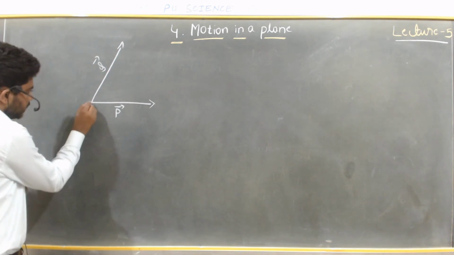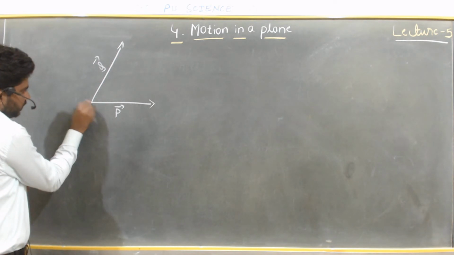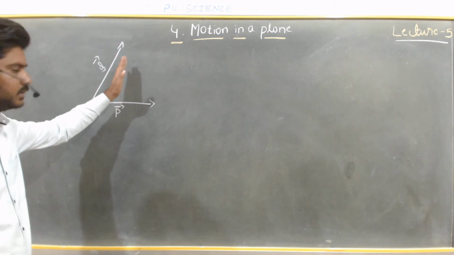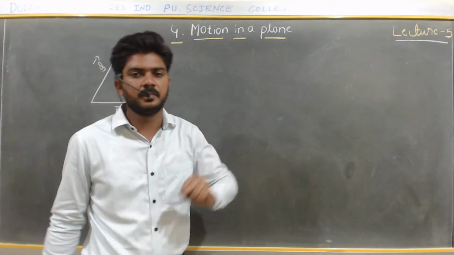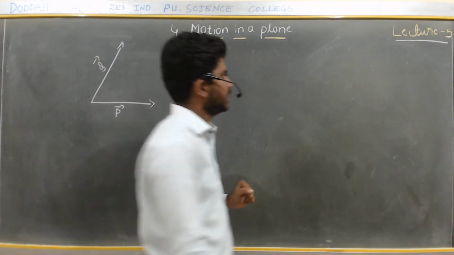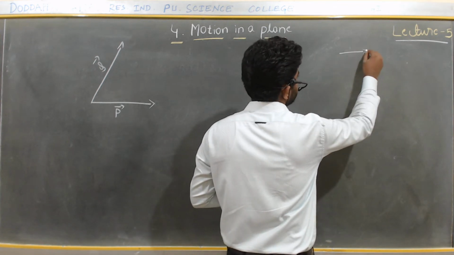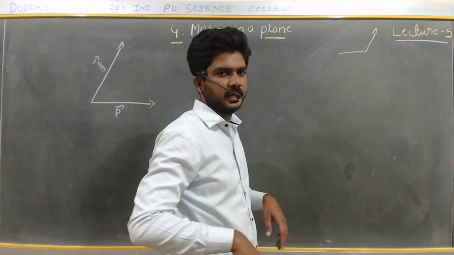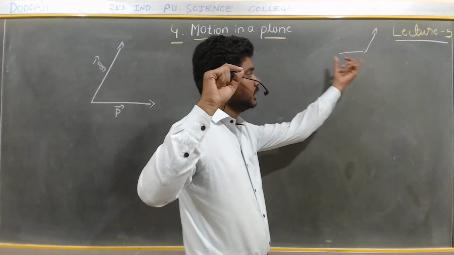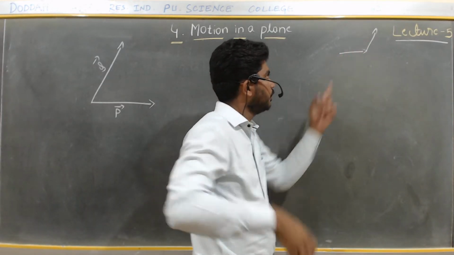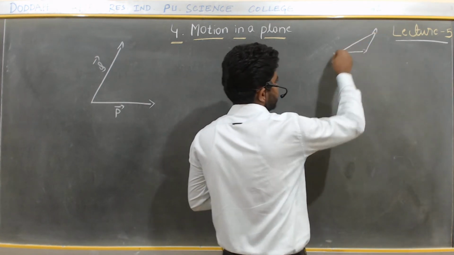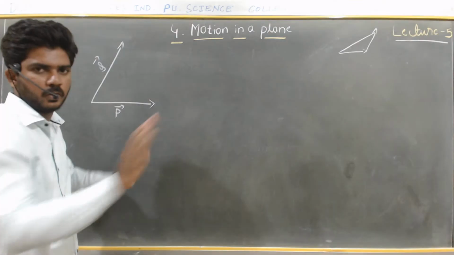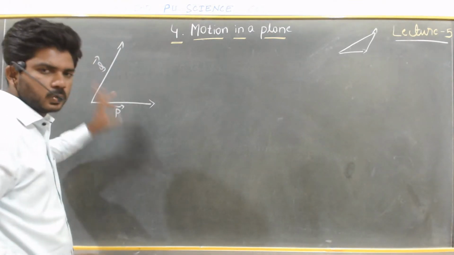It means we have to take one diagonal, or before that, first we have to make this a parallelogram structure. In the earlier case we had only two vectors, vector a and vector b. In the triangle of vector addition, what we did was make a triangle simply by taking one line. Here also we have to make a parallelogram.